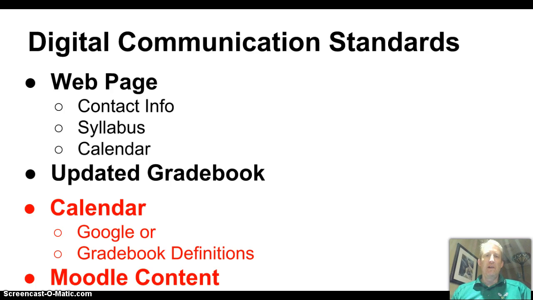The students and the parents have really asked for that one-stop shop where the kids can go. Now in some cases, some of you have a really robust website that you utilize. Link to that from a Moodle shell so that the kids can go to Moodle first and then not have to hunt and peck to try and find all the information that you have maybe on a different website.